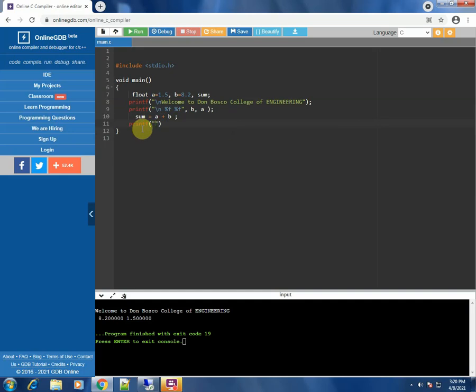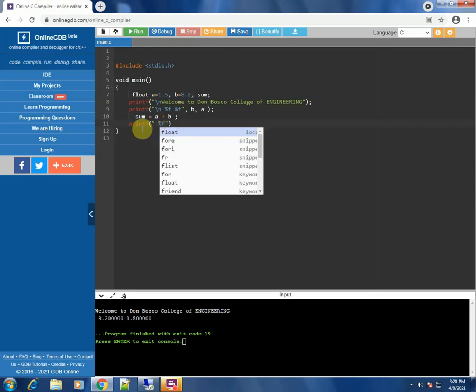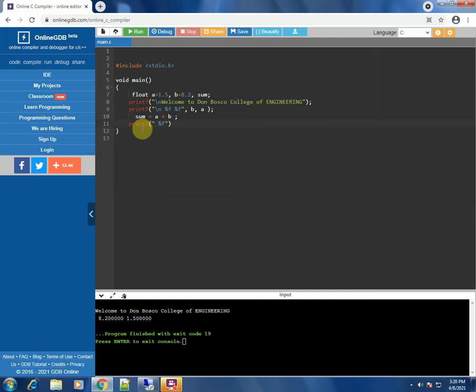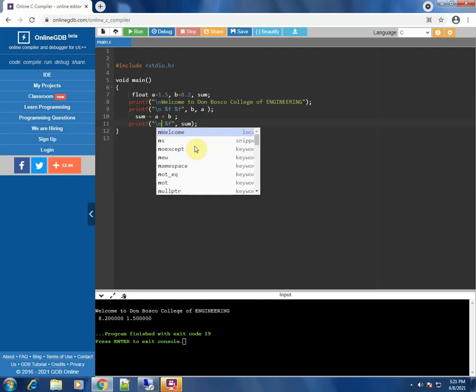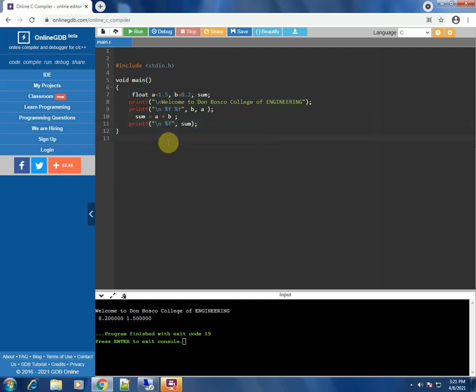So since sum variable is of the type float, you have to make use of %f. We use a comma and the variable name, which is sum, and the line ends with a semicolon. Let's print it on a new line, hence we make use of \n, which is a new line character.